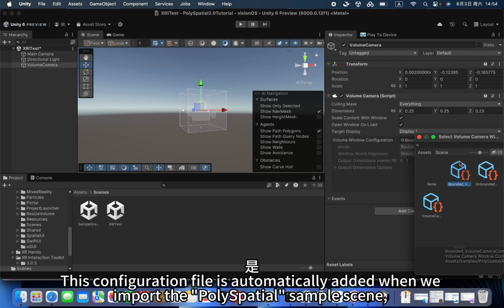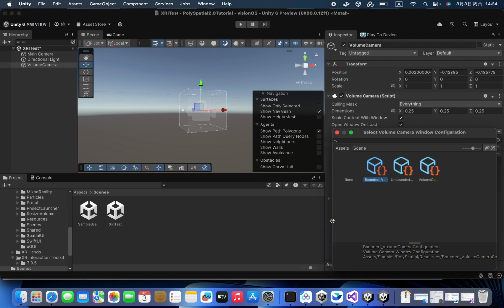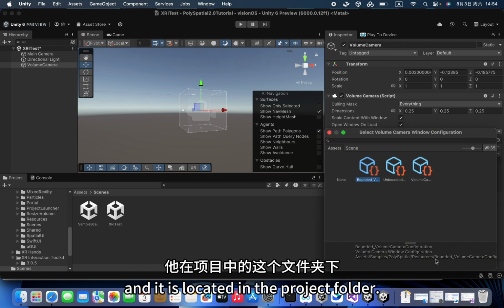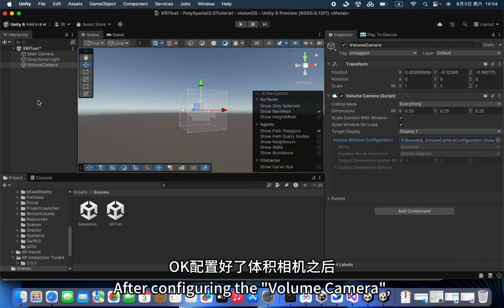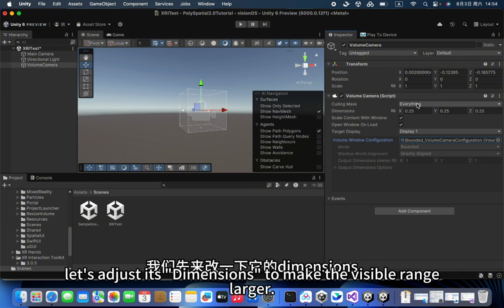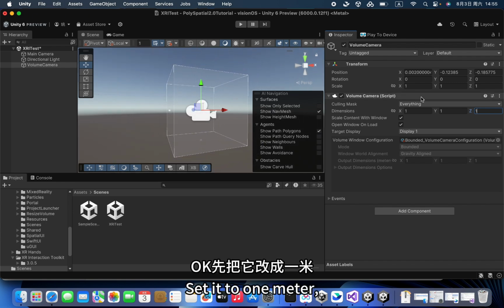This configuration file is automatically added when we import the PolySpatial sample scene, and it is located in the project folder. After configuring the volume camera, let's adjust its dimensions to make the visible range larger. Set it to 1 meter,